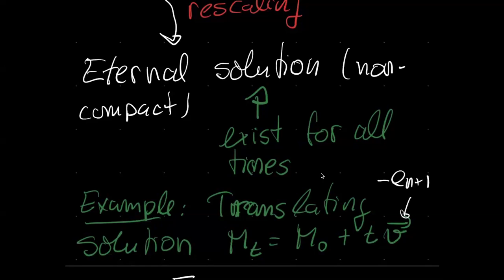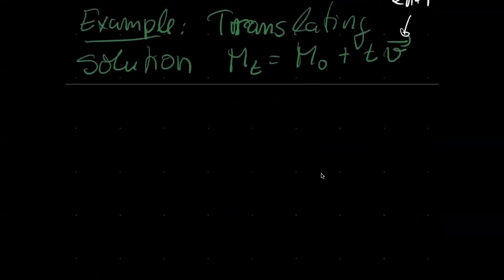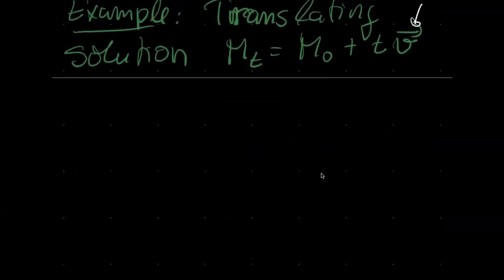So what are examples of this? I'm going to show you the other example that I know how to compute, and then I'll show you pictures, because with this more or less I finish everything that I know how to compute. The example that I know how to compute is the one-dimensional case, and this is actually the only solution in one dimension. So if you assume that the solution is translating, and I can write it as a graph,